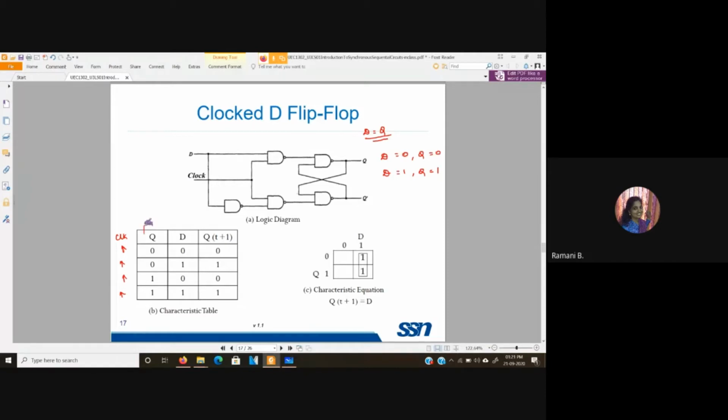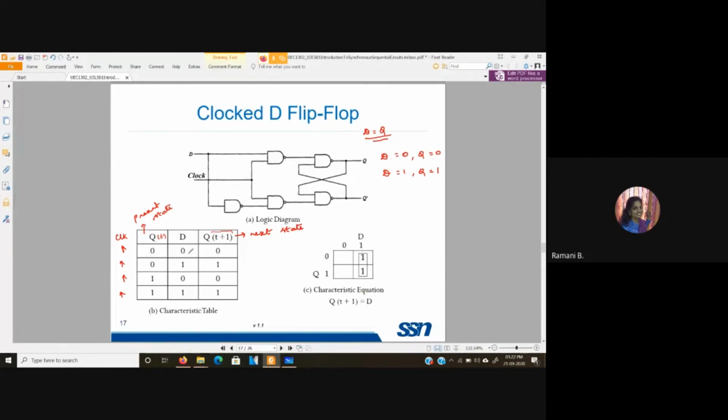Here, this is our present state Q. And this is our next state. So initially, for this next state, we will be using Q of t plus 1 and the present state as Q of t. That is, at this instant, what is the value? And after one clock cycle, what will be the output value? That is what this mentions. So as we move on, we won't be using this t plus 1 and t. We will simply mention it as present state Q and next state Q. We will see that. So here, with Q and D as the input, you have 4 possible combinations.